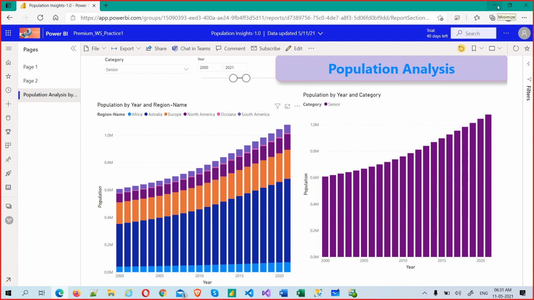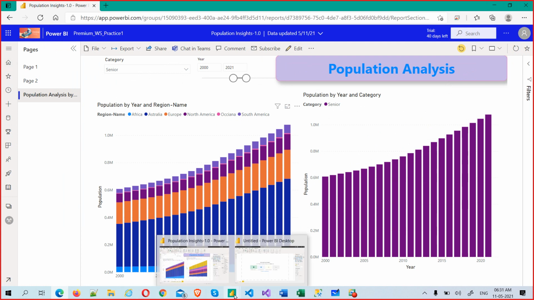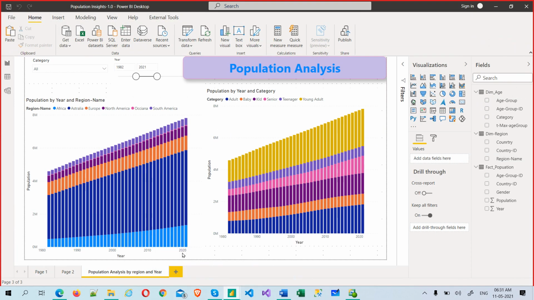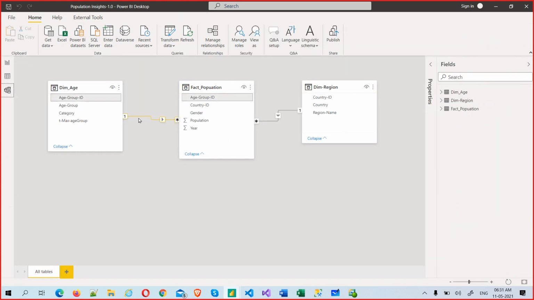What next? Now, if I come back here and see, there are one to many and many to one relationships. But let's say I have a many to many relationship, or I don't have that option. As I told you, before December 2018 we didn't have many to many relationship. Previously, how did they work? You might get a job to support an older project, so you should know how to do that without many to many relationship.